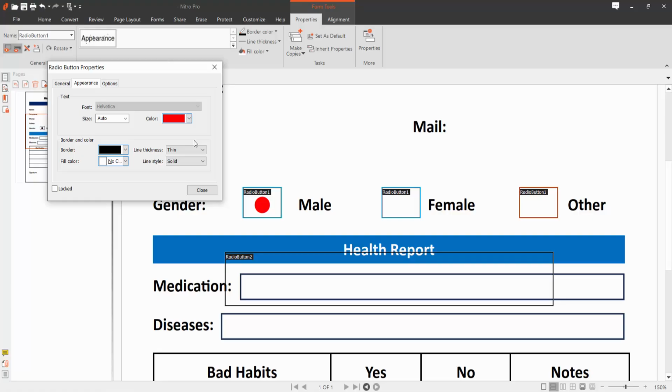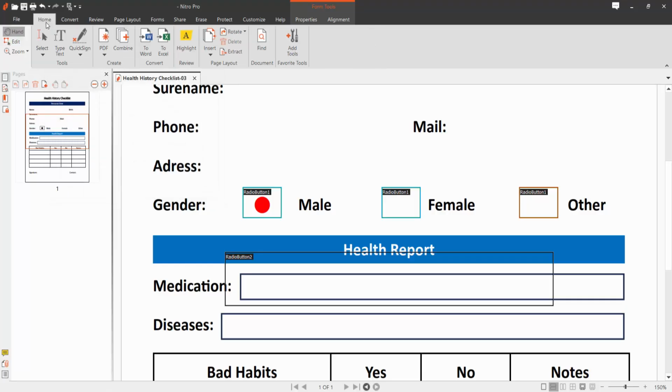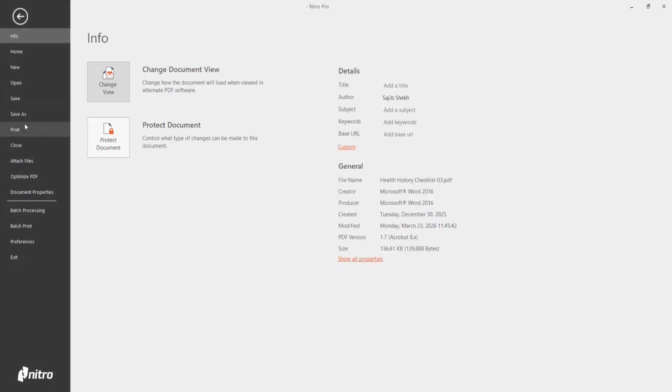and see this. Also you can change the border color if you want. I'll make this one and select close. Now see this. The radio button color has now changed, and finally select the file option, save or save as